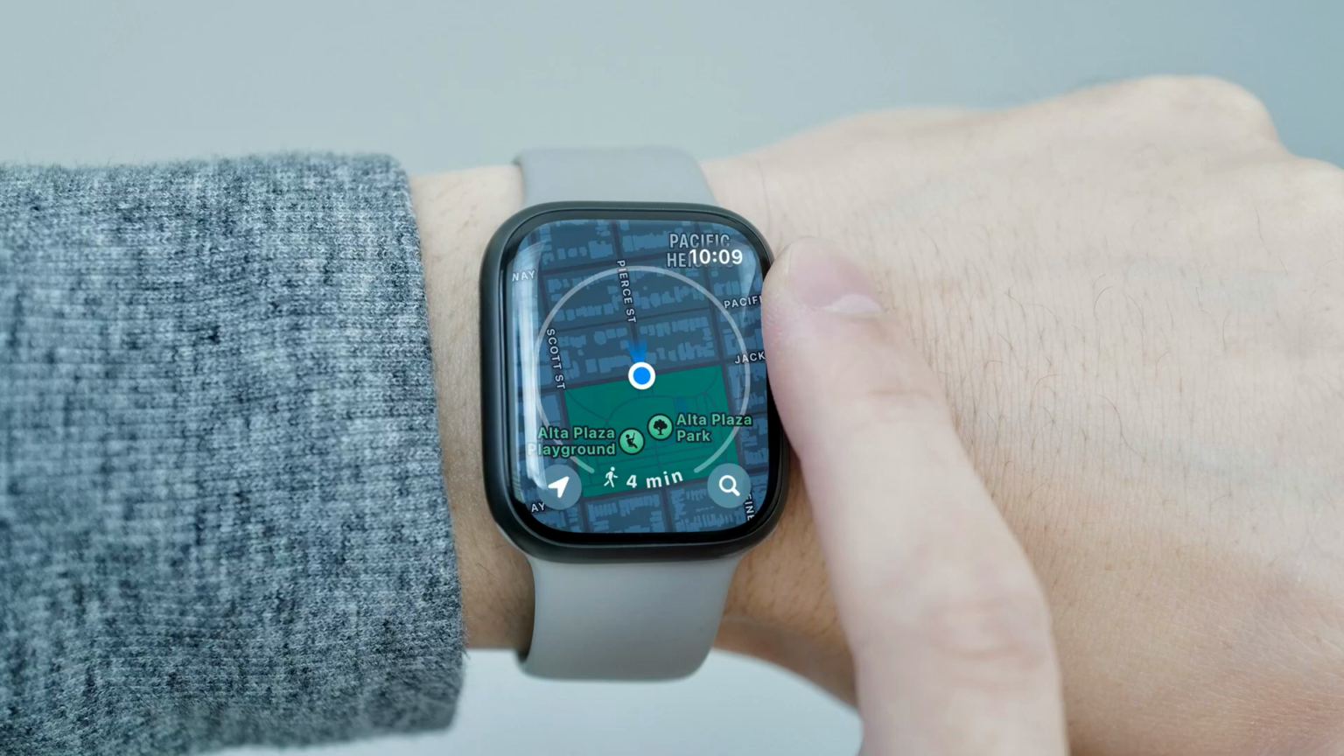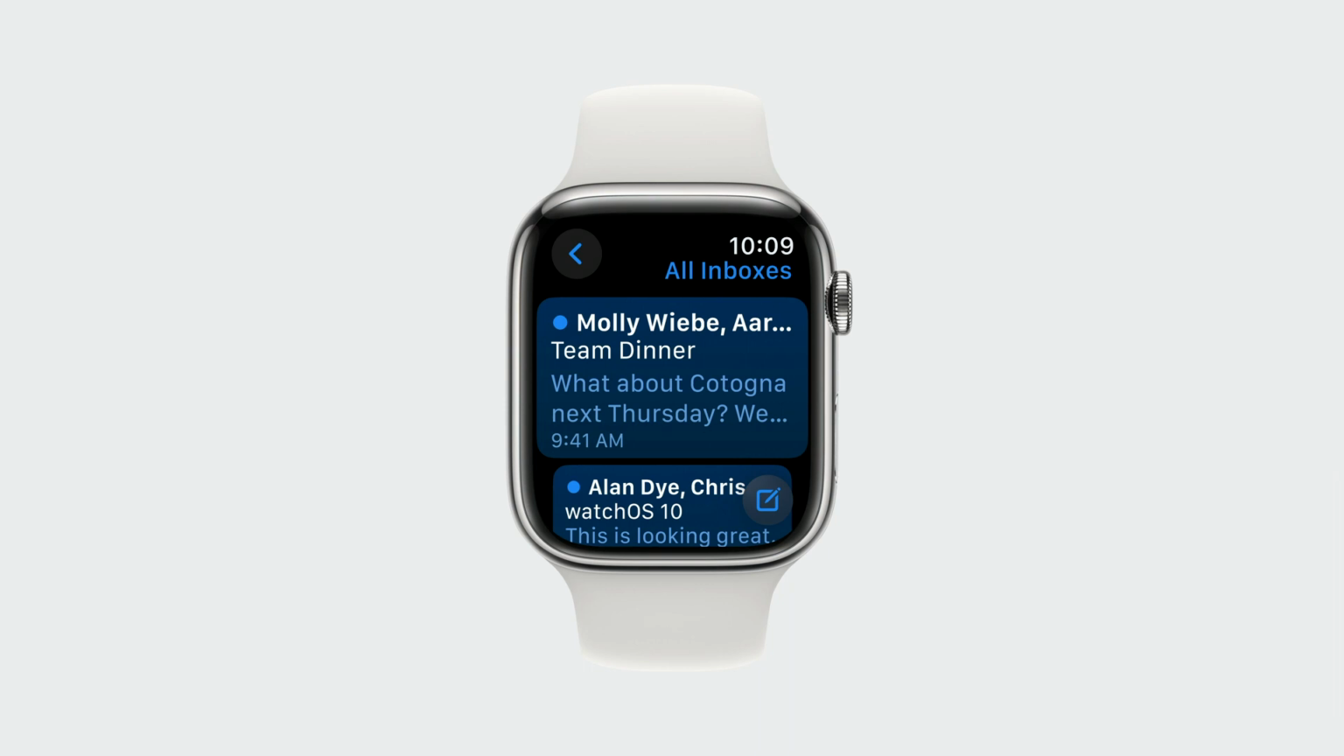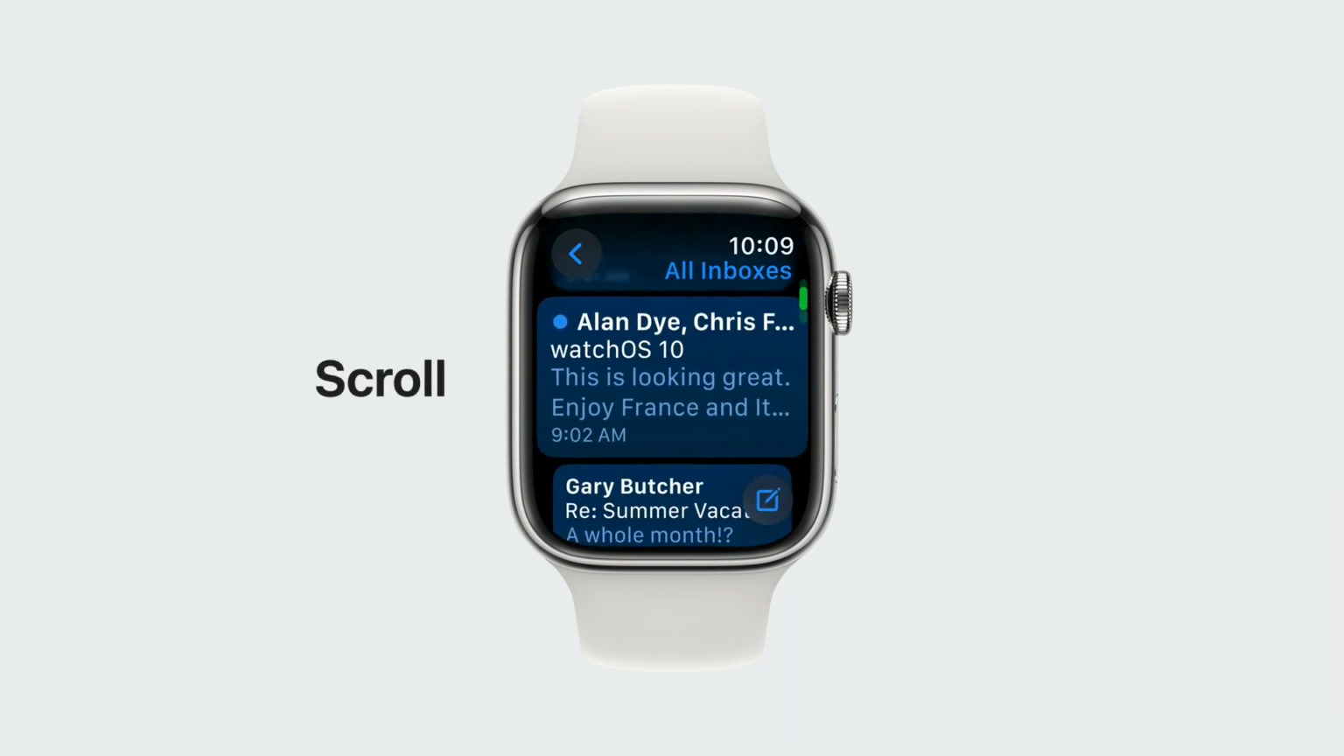The digital crown is a unique input mechanism we designed to address the needs of a product this small, having a way to navigate without occluding the display with your finger. In watchOS 10, the digital crown is used to navigate to apps and also navigate within apps. In list-based views, like Mail, you can rotate the digital crown to scroll vertically through the list of inboxes or